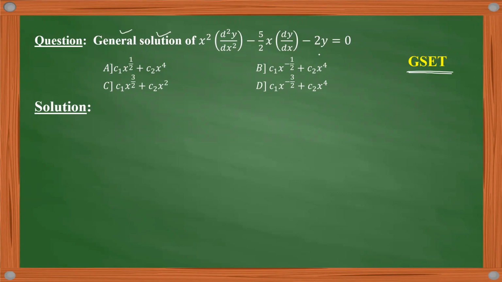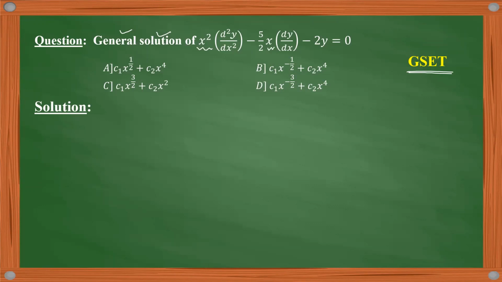Now, whenever this question is asked in the exam, it is not mentioned that solve this by the method of Cauchy-Euler equation or by the Legendre equation. We need to identify the method, because now we have seen so many methods from basic to advanced level, up to the normal form. So just identify it: we can see that it is a linear differential equation, but it is not with constant coefficients, because these x square, x are all variable coefficients. So it is a linear differential equation with variable coefficients.